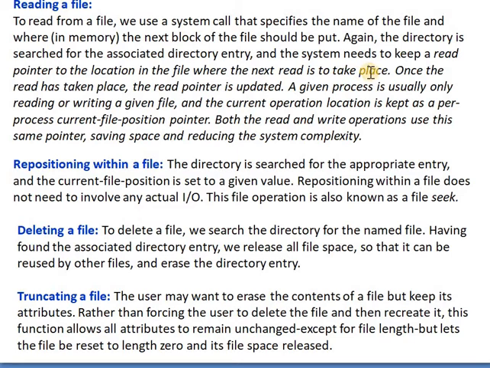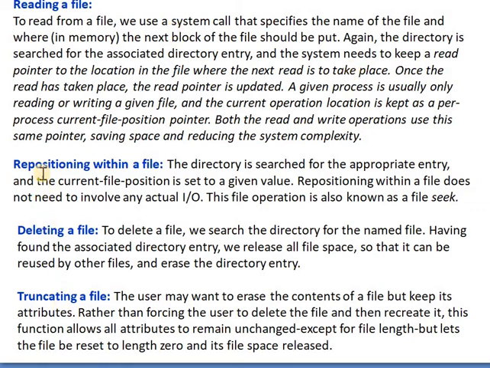Like a write operation, for performing a reading operation the operating system uses a system call, and that system call uses two attributes of a file, that is the name of the particular file and the memory into which the file should be read. And like a write operation, which has a write pointer, for reading a file we are using a read pointer to read the contents of a file continuously.